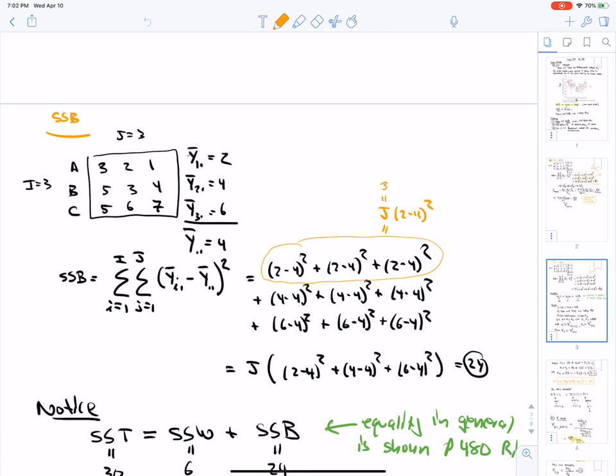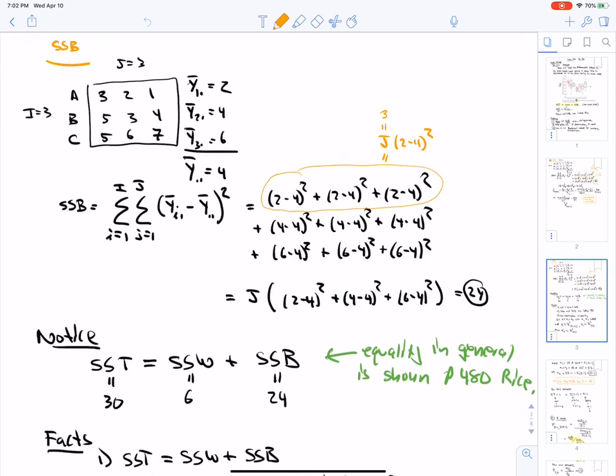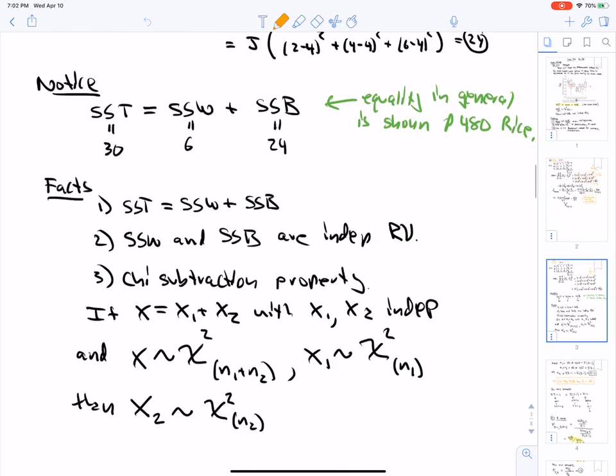We get 24 in this case. And just noticing that in this example, SST is 30. We saw last time SSW is 6. We just saw, and SSB is 24. So that makes sense. Equality, again, is shown generally on page 480. So now to determine